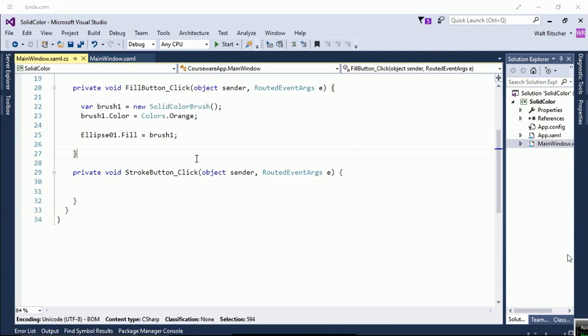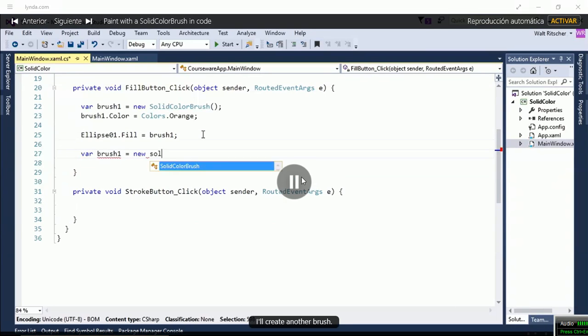As you know, in code, there's usually more than one way of accomplishing a task, and it's no different here. I'll create another brush. I'll go back here. I've got this code. This is the